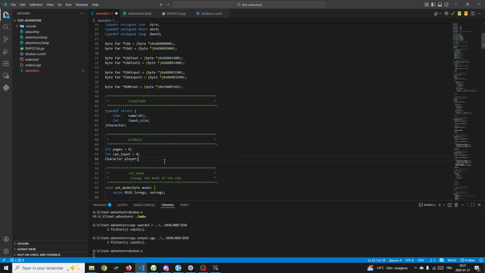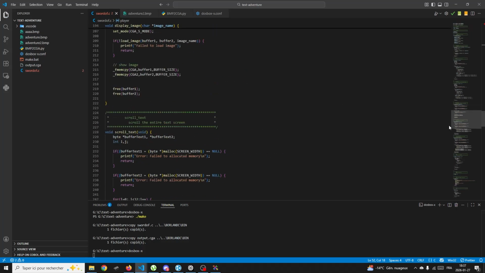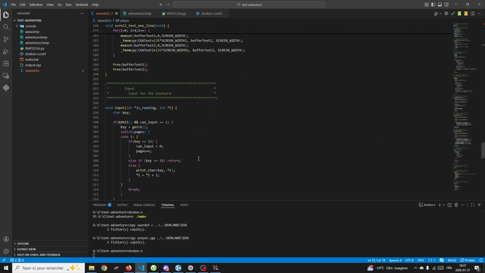Our player. Our first character will be the player character. So if it's enter, we don't want to enter nothing. So if the player dot input size is greater than 0, we can now, I guess, scroll